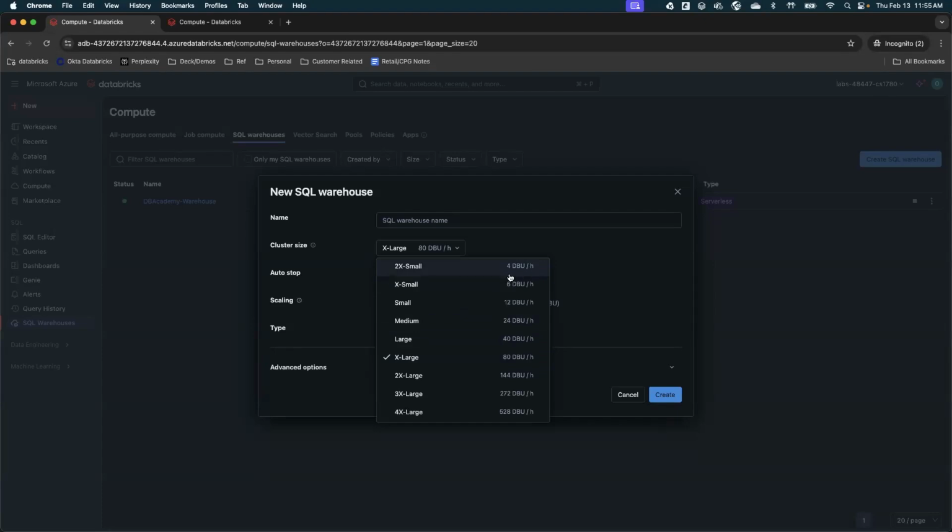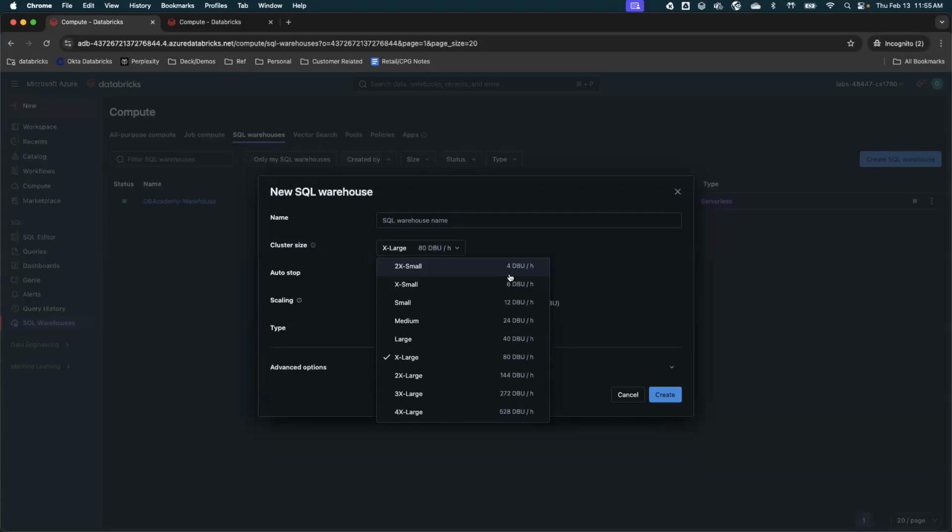Now, deciding which one I need to use when: most customers are comfortable starting to work with small or extra small. If your queries are smaller, if your data set is small, and if you are not expecting a ton of user load, you can always start with small compute. As an example, before we started the lab, we only had an extra small instance created, but we ended up identifying that we have more users who are going to access the lab.